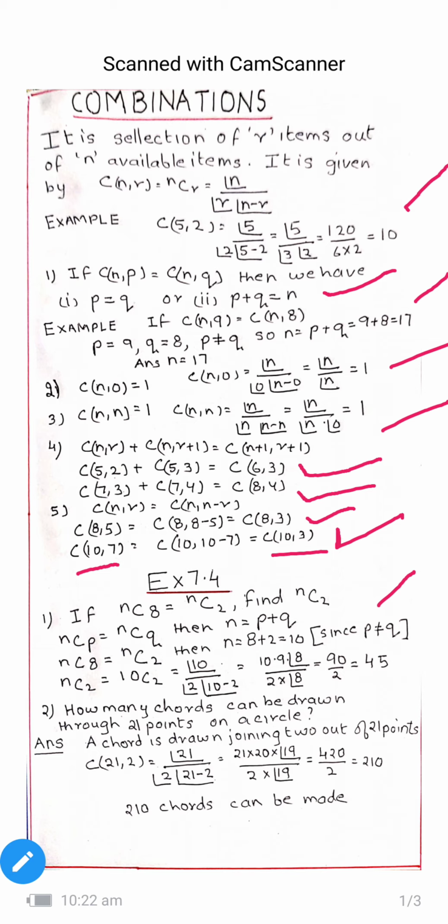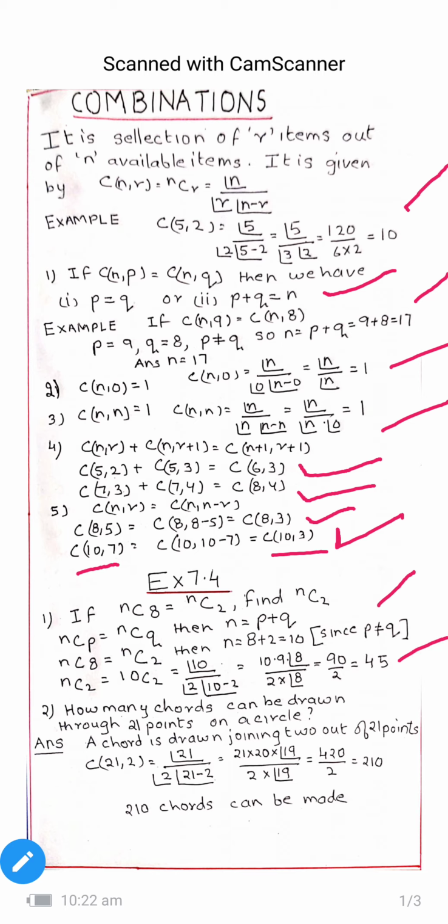nC2 is equal to 10C2, factorial 10 upon factorial 2, factorial (10 minus 2). Factorial 10 can be written as 10 into 9 into factorial 8, and factorial 2 is 1 into 2, 2. Factorial 10 minus 2 is factorial 8. It gets cancelled out. We get 10 nines are 90 upon 2, 45.